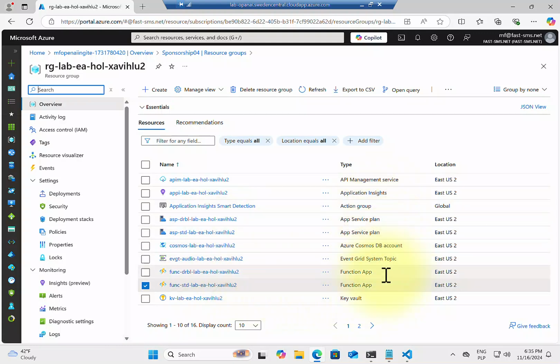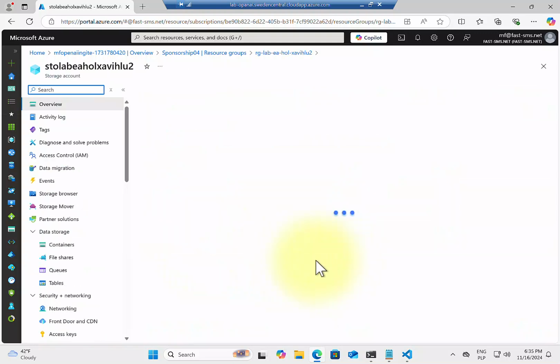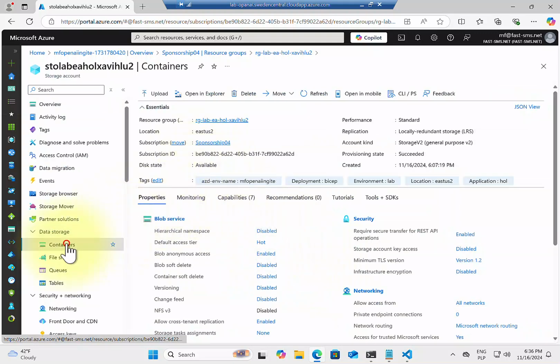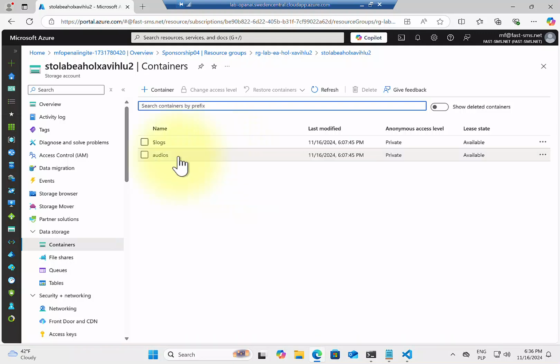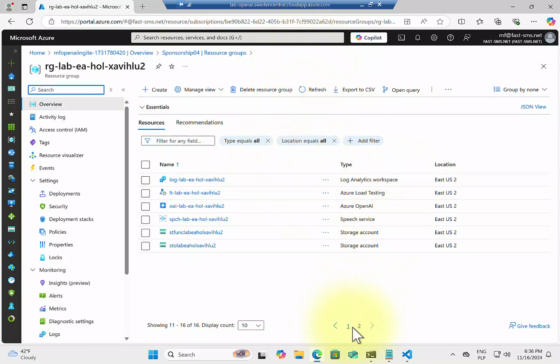Storage account. This one. And containers, audios, and it appears here. But now, if we go back to our resource group,